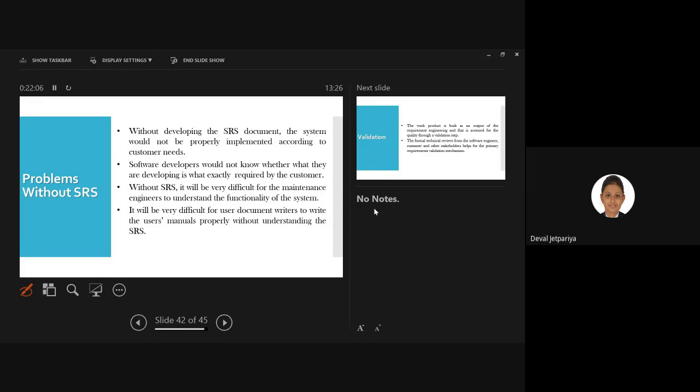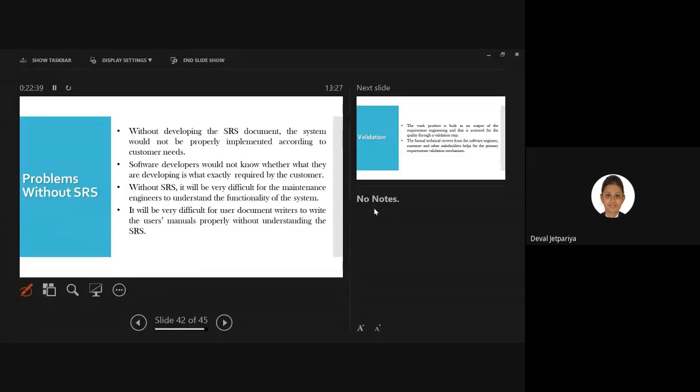The first one: without developing the SRS document, the system would not be properly implemented according to customer needs, because we haven't written or listed out anything. We directly started the implementation. The software developer would not know whether what they are developing is exactly what the customer requires.